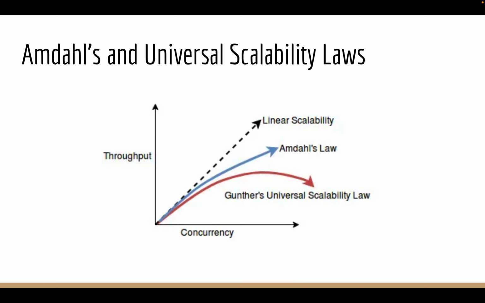Not really. I'm not even considering it a law because it doesn't seem to describe reality that well. In fact, I'm pretty sure that if you worked with distributed systems or parallel systems, you notice that as soon as the number of nodes reaches certain threshold, performance not only no longer gets better, it actually drops, which is unfortunate. That's why Gunter's universal scalability law is better in this regard because it takes into account the communication overhead,